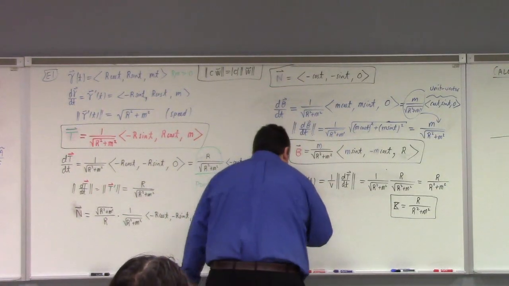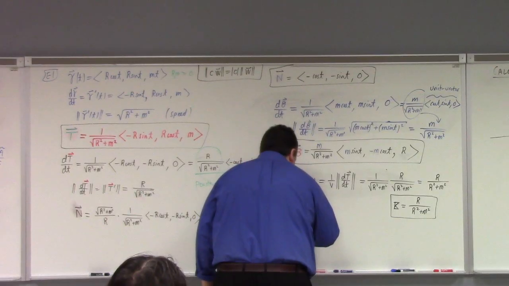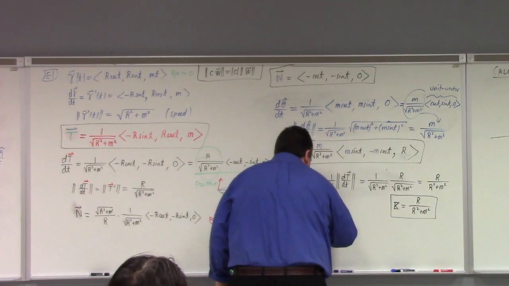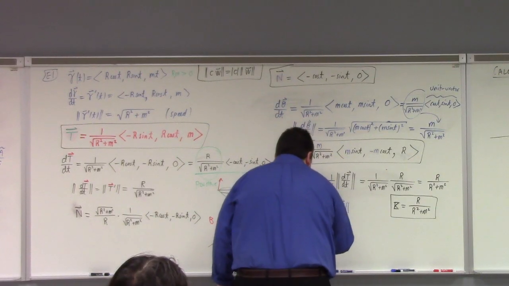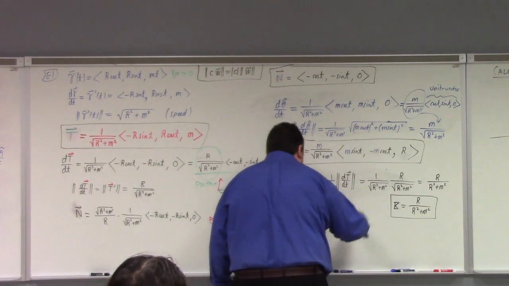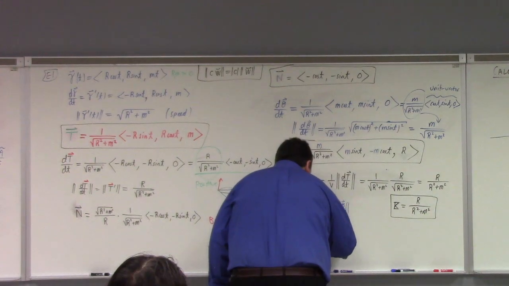You're thinking of torsion. Now the torsion at time t is 1 over the speed times the magnitude of dB dt, which we just calculated. And you're right to be thinking about speed because there's kind of a copy of the speed right in there. So we have 1 over the square root